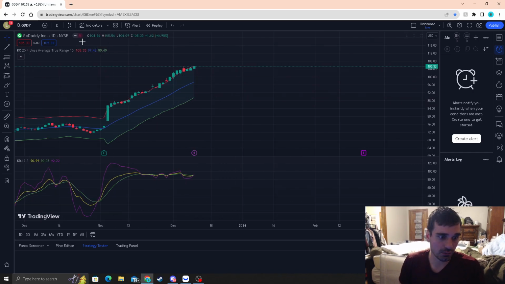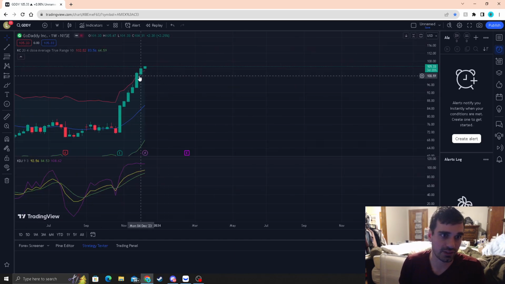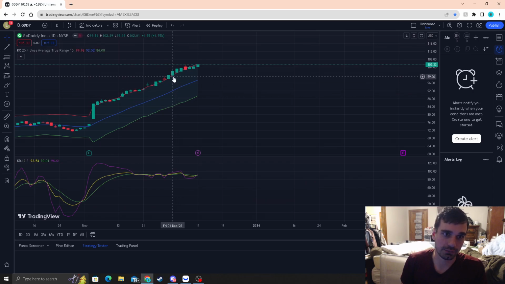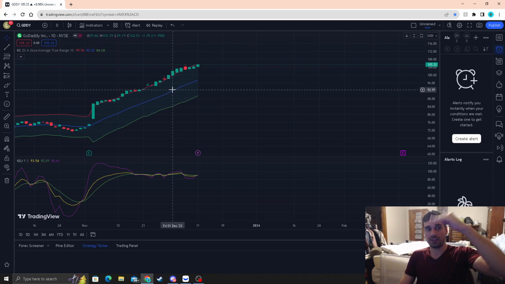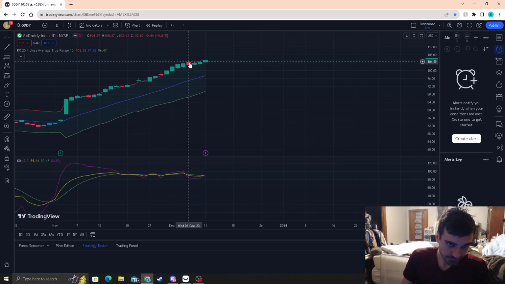So we get in based on the weekly right here. We get in based on the weekly when it pierces the upper band, and it says around $101 to $102 area. Price has gone all the way to 105. We look at the daily to see how it's going. If the weekly is above and the daily is above and the K is 94, that's a solid entry. So you get in right in here, you accumulate on this day, it goes up more, you accumulate,